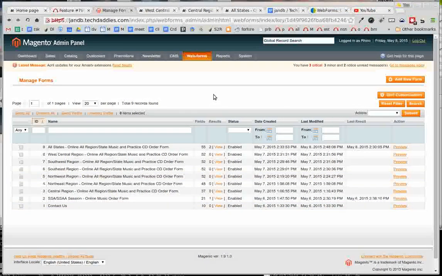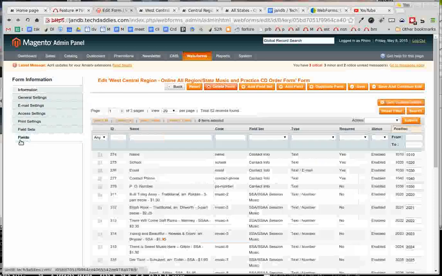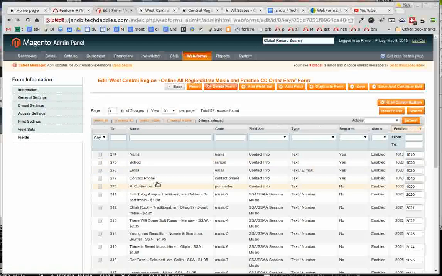Here we're going to go over how to add a form field to your web form on Magento. So we've logged into the Magento admin panel and gone to the Manage Forms section. We'll click on a single form, and we're going to look at all the fields that are there. We want to add a field